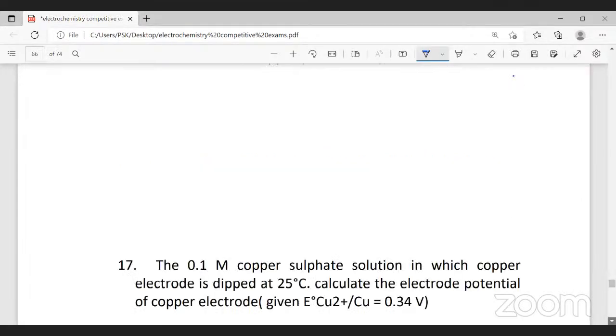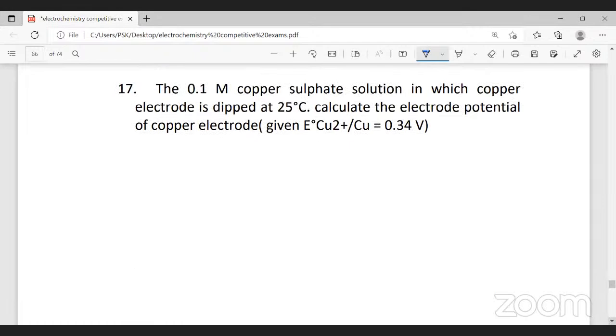Okay, today we are going to finish this chapter, electrochemistry, and then we'll start a new chapter on Friday. A few more questions, another 15, 20 questions. I think I've typed 15 questions. Let's see and work. The first question for today is: